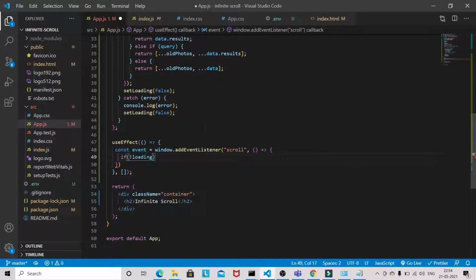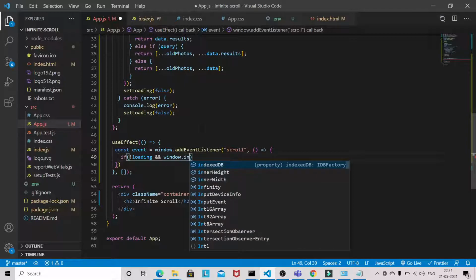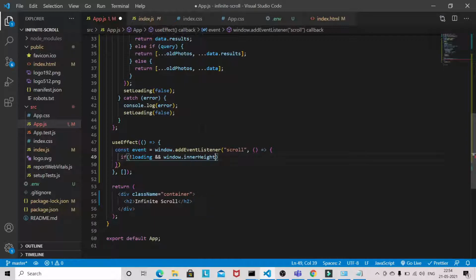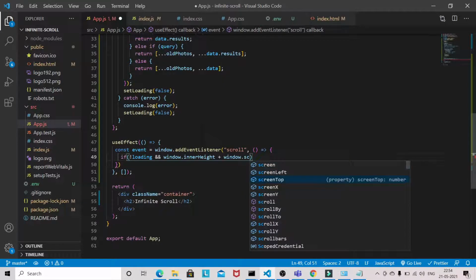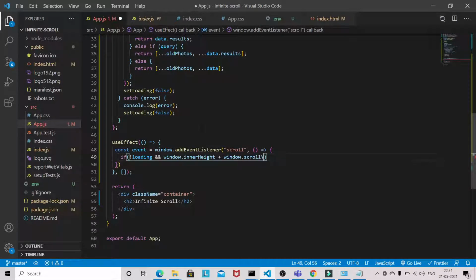If it's not loading, innerHeight plus window dot scrollY.